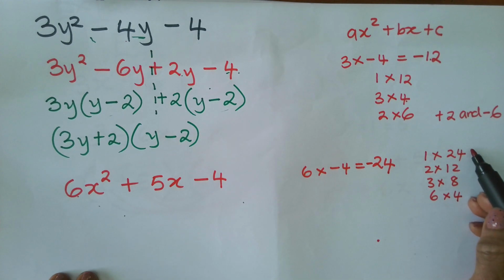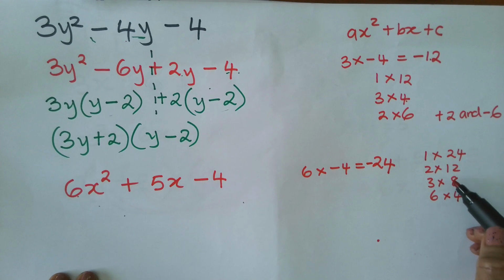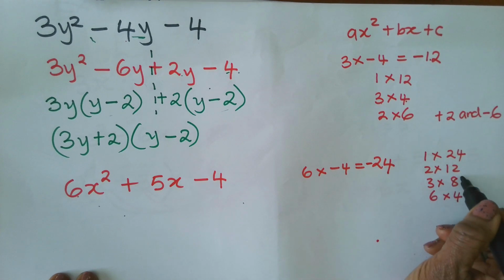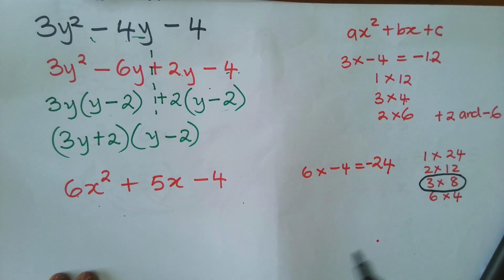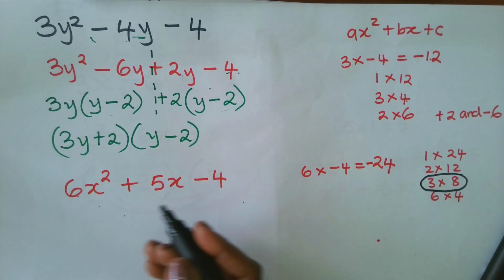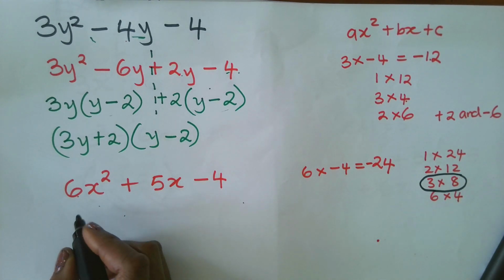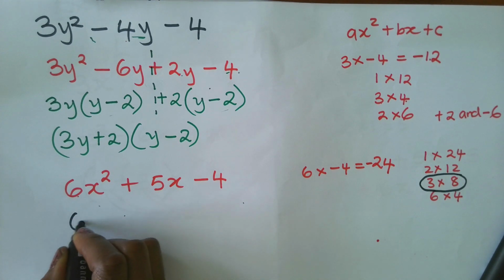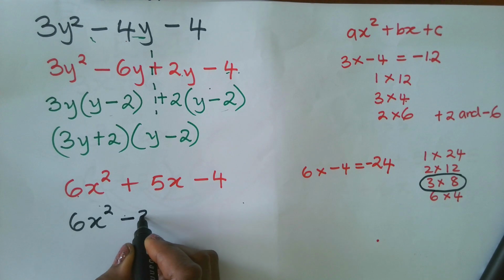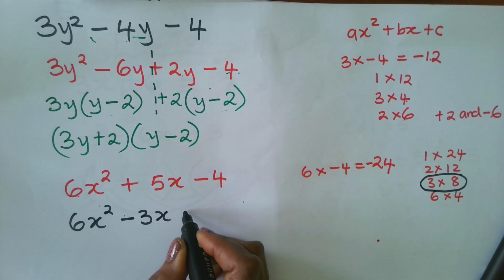Now we've looked at all these pairs. We're going to find the numbers that when we add or subtract will give us plus 5. And this is what we're going to use. So we're going to arrange it in such a way that it will give us plus 5. So we've got 6x squared minus 3x plus